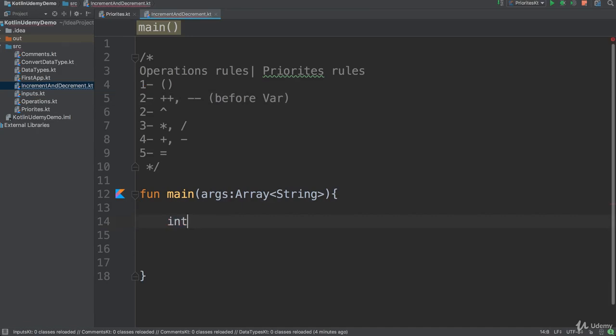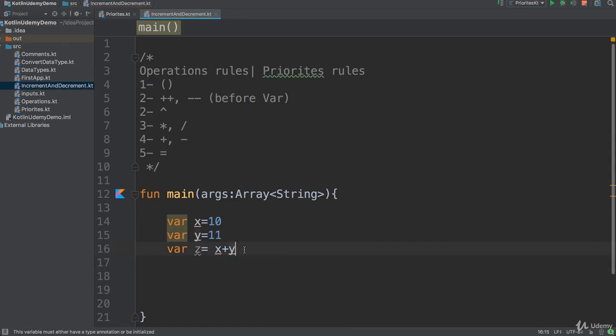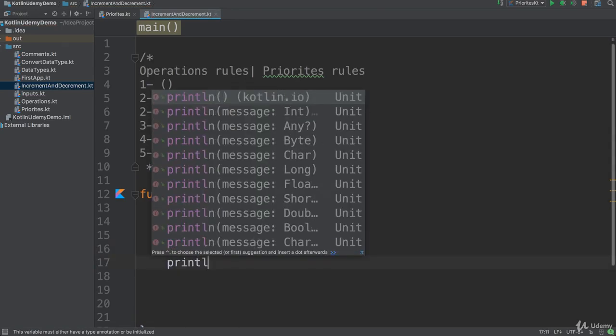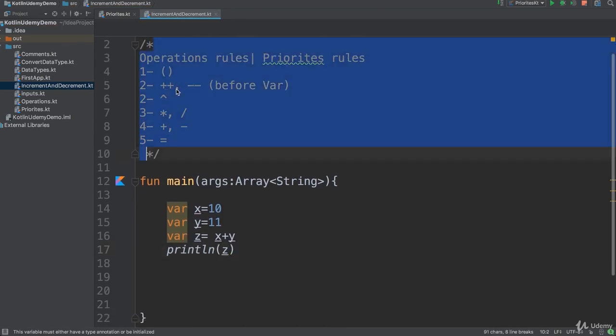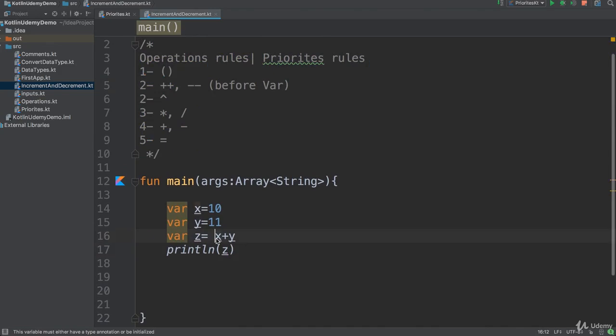What I mean by that, if I have a variable x equal 10, okay, and I have variable y equal 11, and I have variable z equal x plus y. That means I'm just doing x plus y. I don't have something unique. I say println for z. This is some operation. But if I have plus before it, that means before the variable, that means exactly,